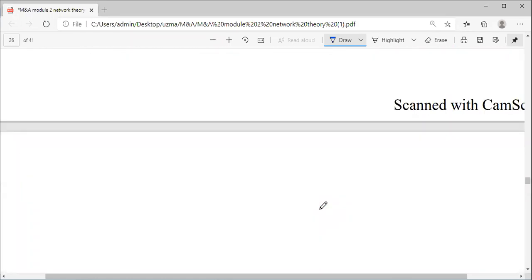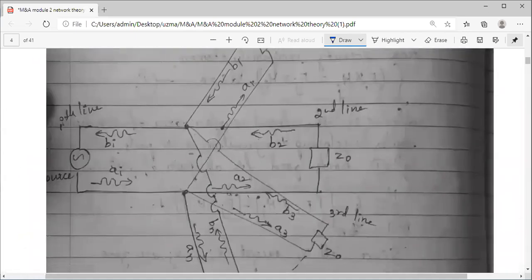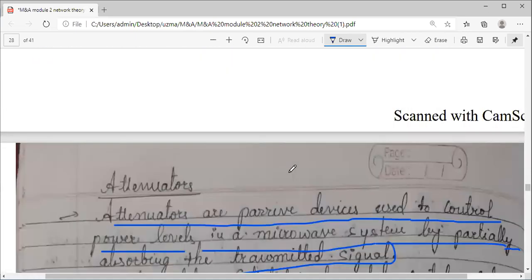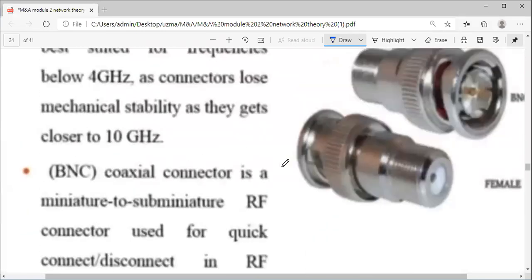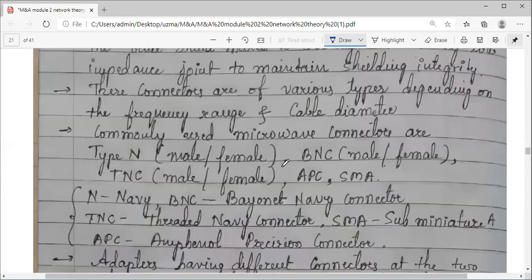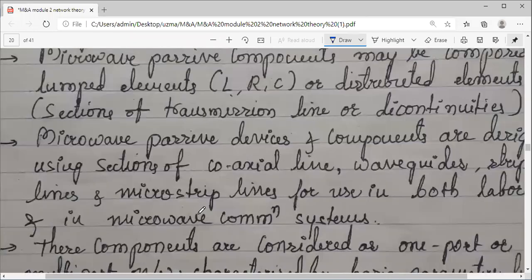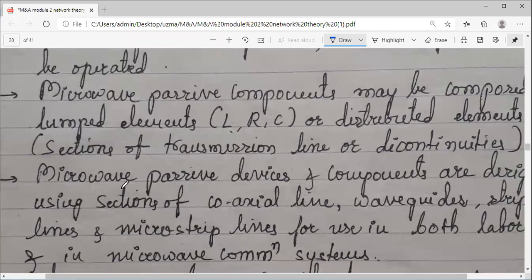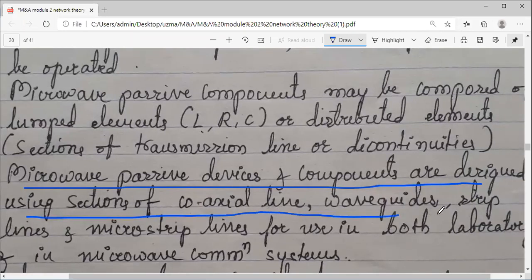Let me go back to the previous slide where I have already listed this. In the introductory part of microwave passive devices, I had listed this one point: microwave passive devices and components are designed using sections of coaxial lines or waveguides.